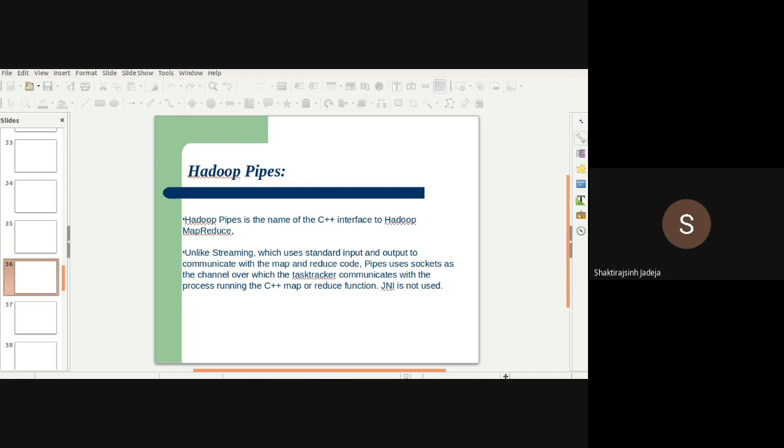Just like our FM radio, if you go with 93.5, it will be a different channel, let's say Red FM. If you go with 95.3, it will be a different FM, let's say Radio Mirchi. If you go with 98.3, it's a completely different channel.